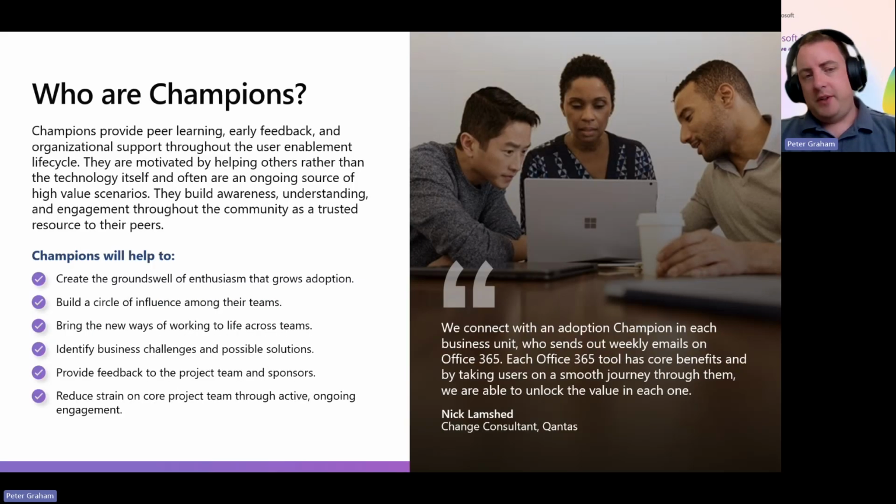One of the things that we want to talk about briefly is champions, because when it comes down to the decision makers and the business objectives and building a business case on why your business should invest in some Copilot licenses and the adoption framework of that, we want to look at how you can create a champions program within your organization. So this is one of the things I would encourage you to do this week following this webinar,